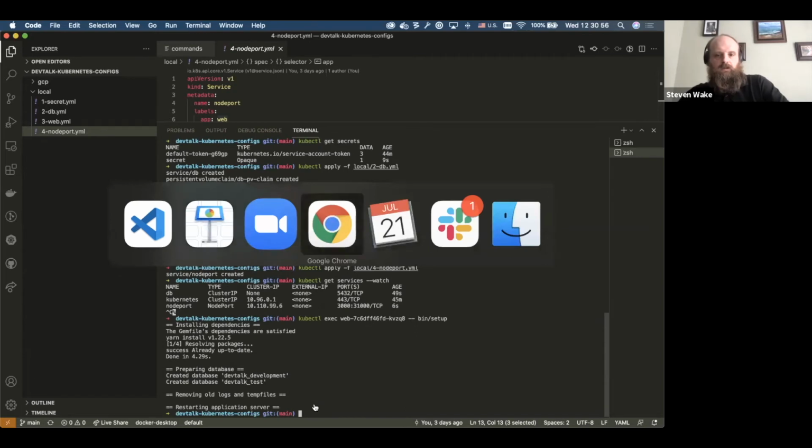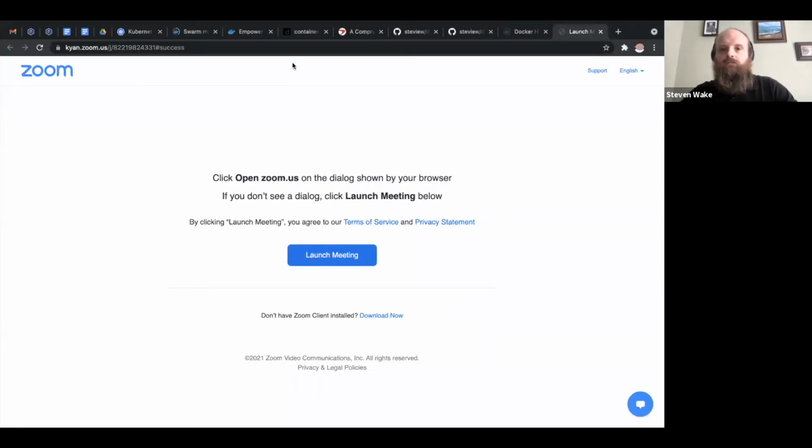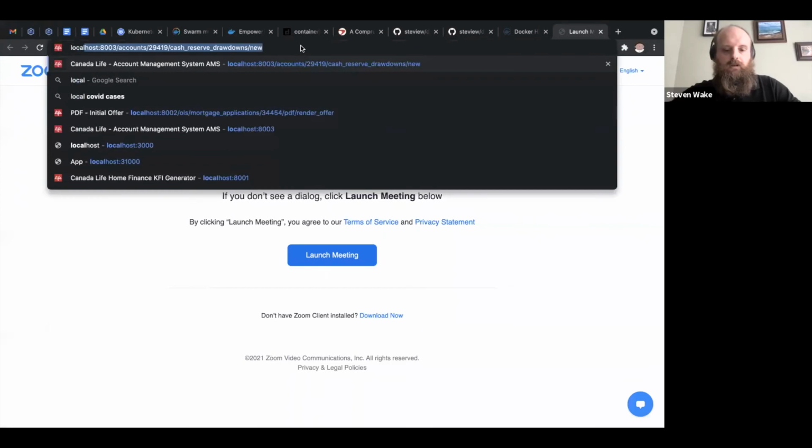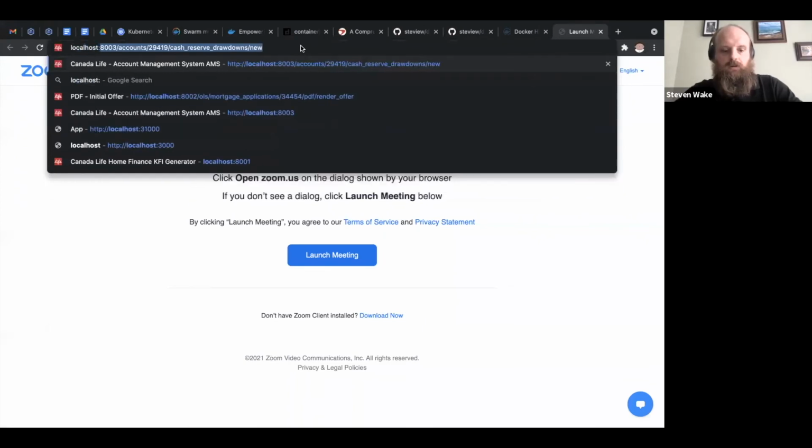All being equal, you should be able to see that at localhost 31,000.